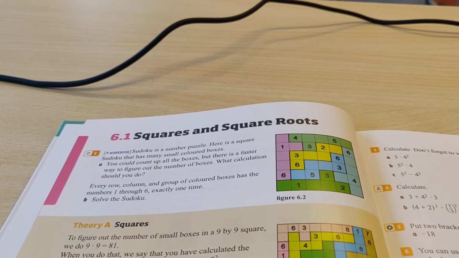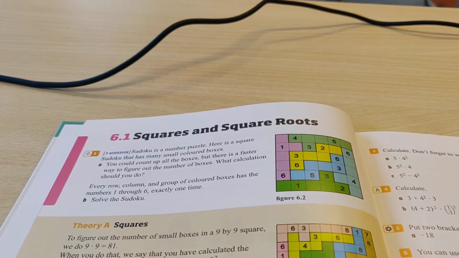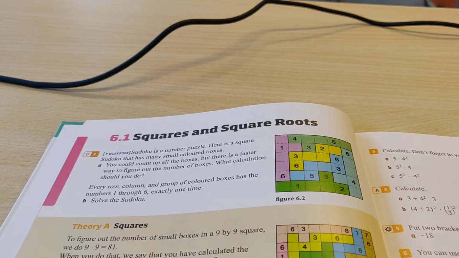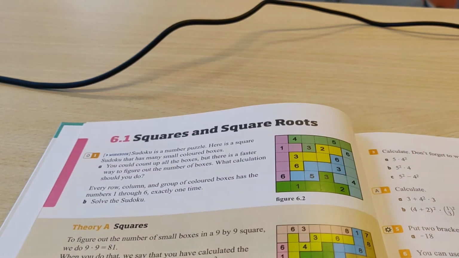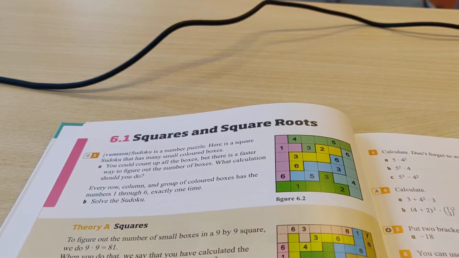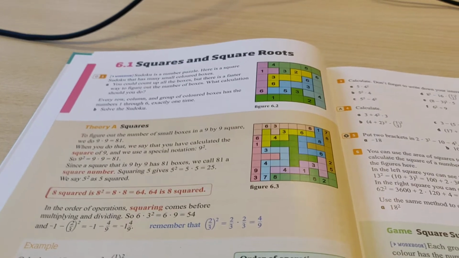Alright, this is a video for 1VT and 1HT about the first paragraph of chapter 6. This one's called Squares and Square Roots. And here's an exercise about a Sudoku. If you have time left, you can fill this in if you'd like. But I'm going to skip it for now, and I'm just going to go to Theory A, which explains what